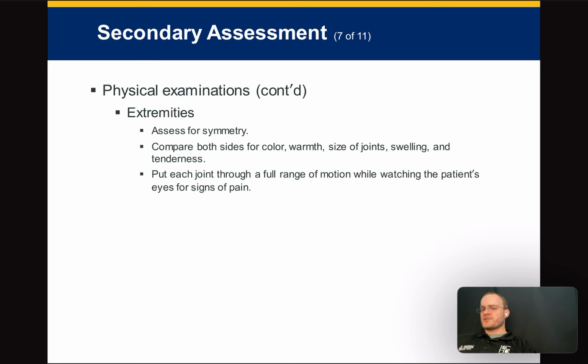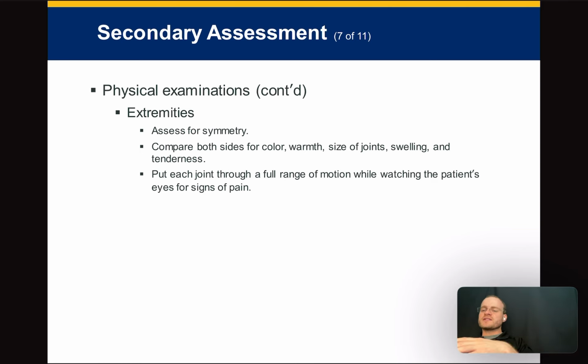Extremities don't have a lot to add on this. You look for warmth, color, and size of joints. Remember, one thing I'll add is we compare one joint to the other. Let's say they say, my right wrist hurts. I look at the right wrist and then I compare it to the left wrist. They should be equal in size. If this one's 3 times the size, that's worrisome. If they're the same size, then I'm like, okay, they're either both swollen or this one's not that swollen.